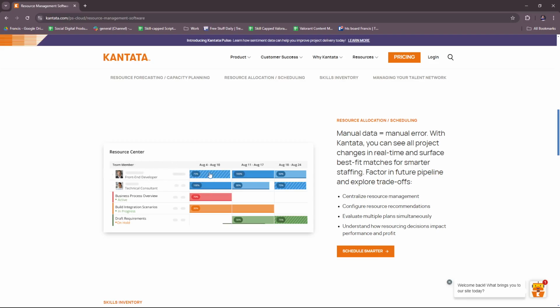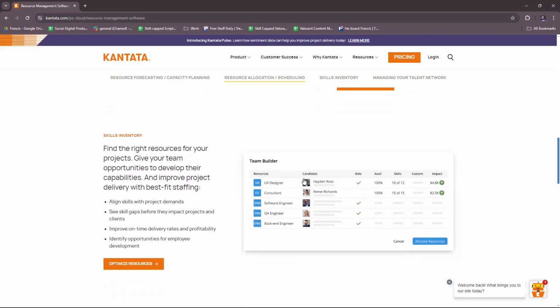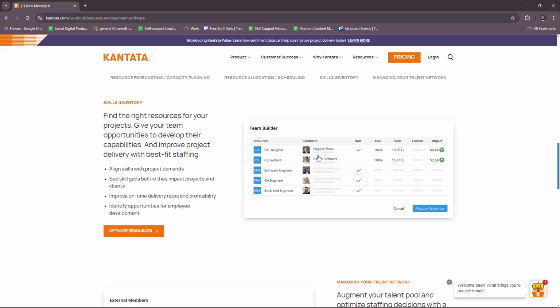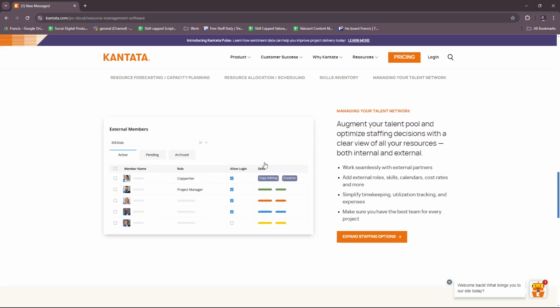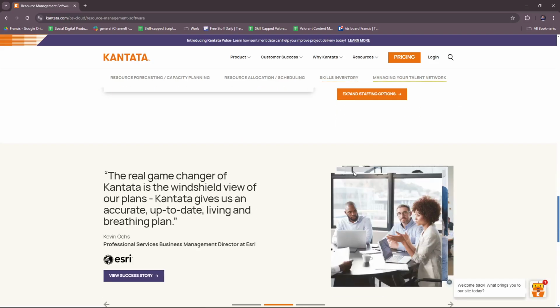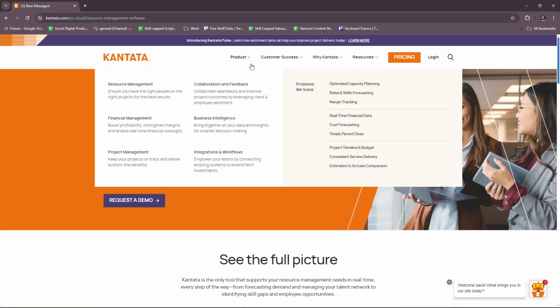Here is a view of the resource center dashboard. Now for resource forecasting, you can predict future resource needs and ensure your team is optimally utilized. There's also capacity management, where you can gain visibility into team capacity to prevent overbooking or underutilization. So here you have a team builder dashboard. There's also for the external members, where you can manage your talent network. So right there. Now we're going to move on to